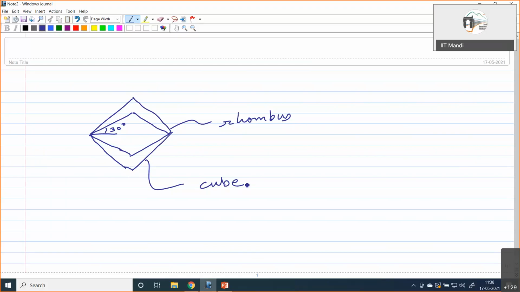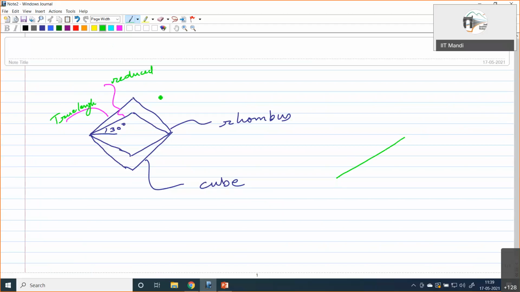Okay. So you see, if I choose only these two lines, this one and this one, then I see what kind of reduction is occurring. Okay. So this line is with true length, right? And this one is reduced. Okay. So effectively, the true length actually will be at 45 degrees.